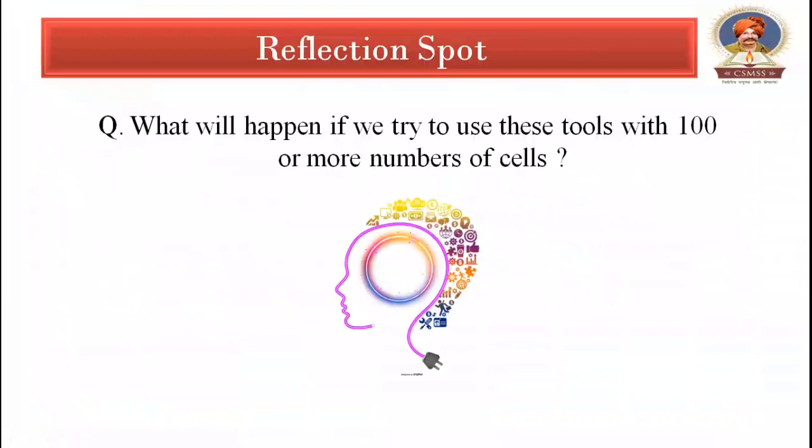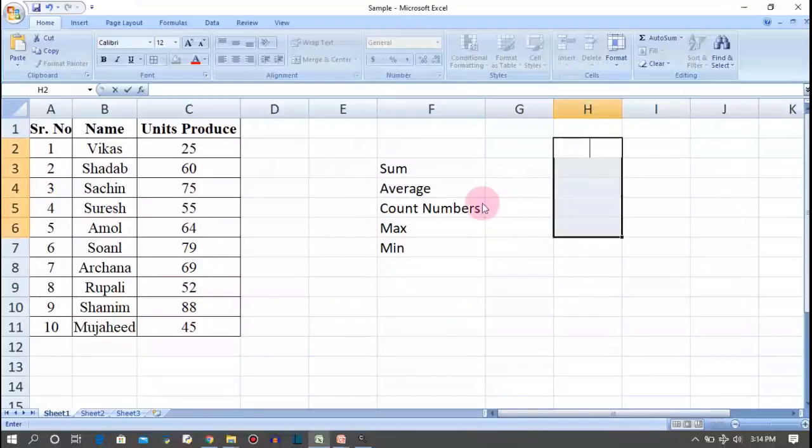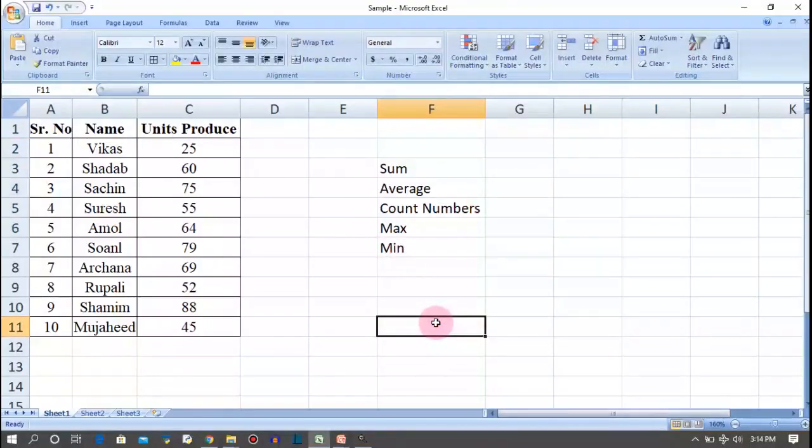All of you need to think for a few seconds and get your answers ready. So now for this question, the answer is that we can do 100 or more numbers of calculations within a fraction of a second. Let's see how.